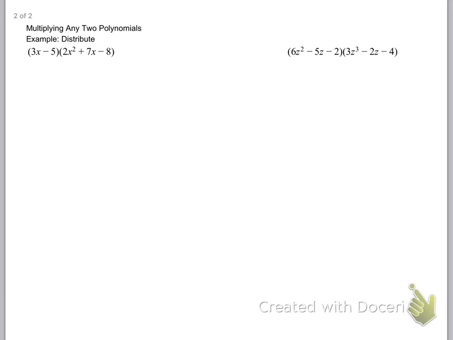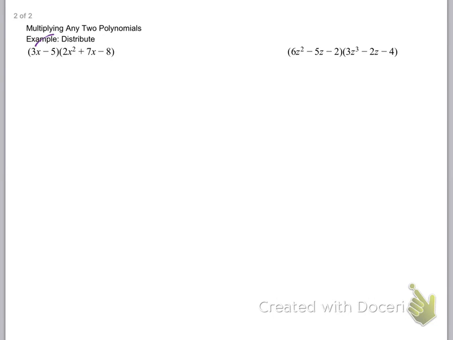How many terms are in the first group? How many terms are in the second group? What's 2 times 3? 6. How many terms are we going to end up with? 6. And then we're going to condense them, gather up like terms. It'll be smaller. Just like the 3 by 3, you should have 9 terms when you originally got it all multiplied. So,